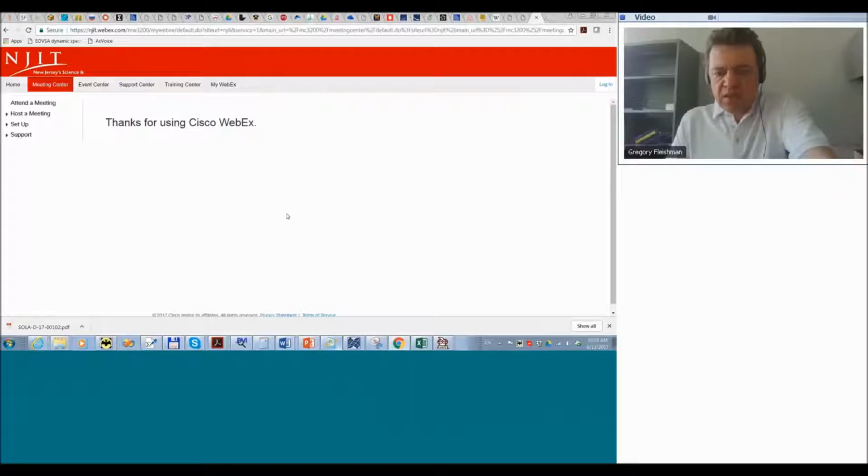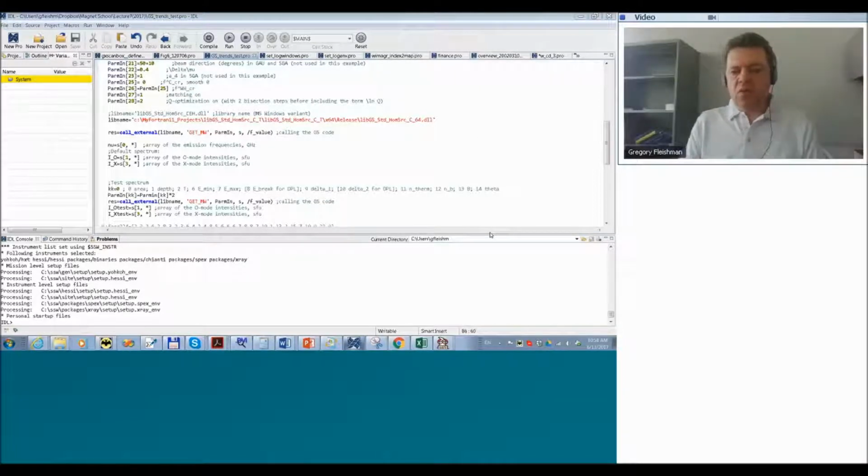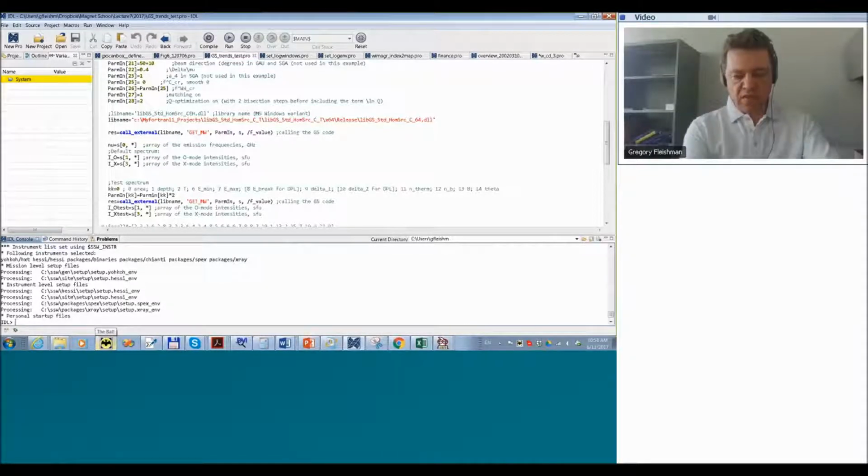And really, the topic of today's discussion will be dedicated to the main goal of your project, a modeling project while you are here. And we will try to teach you specifically how to fine-tune parameters within a given model. To do so, first let me start a fresh copy of GX Simulator